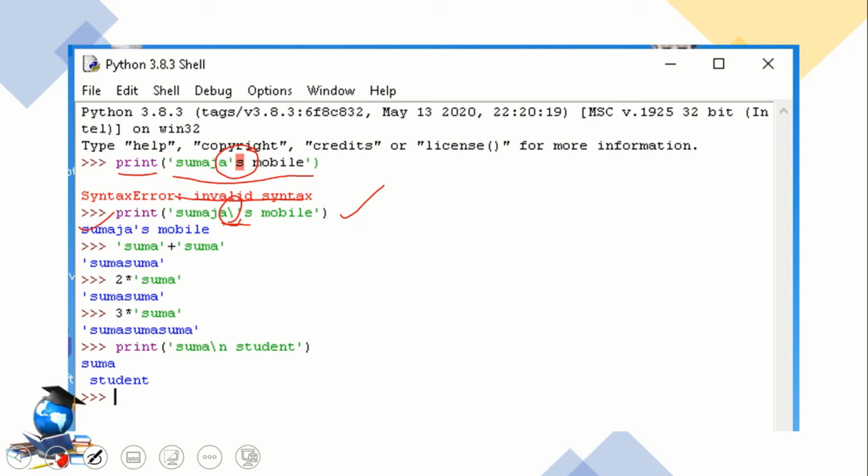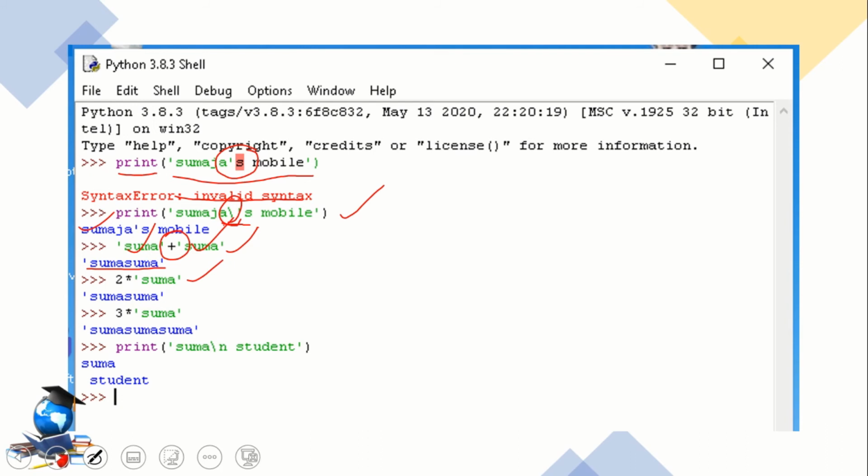Next one is concatenation of two strings. We can concatenate two strings by the use of a plus sign. Here I have concatenated two strings by the use of a plus sign, then I will get the result like this. If you want to print your strings multiple times, then you can use this code.